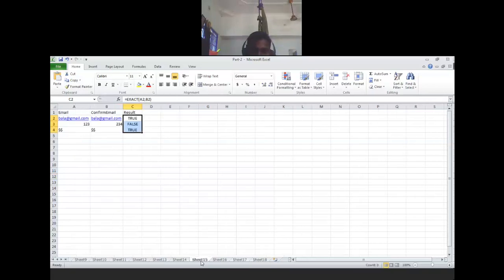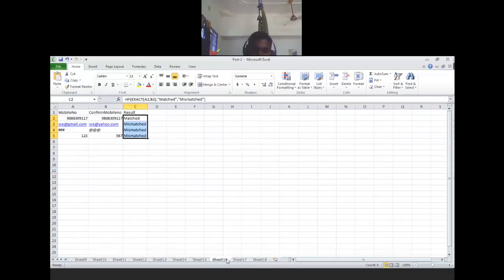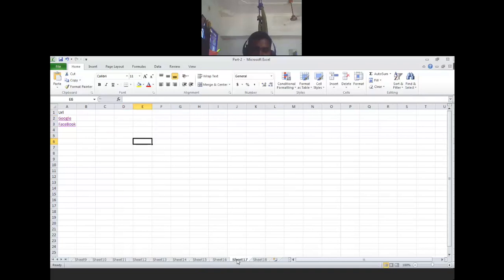That is the total. We've done first EXACT, IF with EXACT, and hyperlink, and the fourth one COUNTIF. And now the fifth one, COUNTIFS. Same thing we did for part 2, SUMIFS. You can do more than one condition, not like that. COUNTIFS means more than one condition, you can keep it: more than one or two conditions, whatever conditions you want. Now let me focus on it.